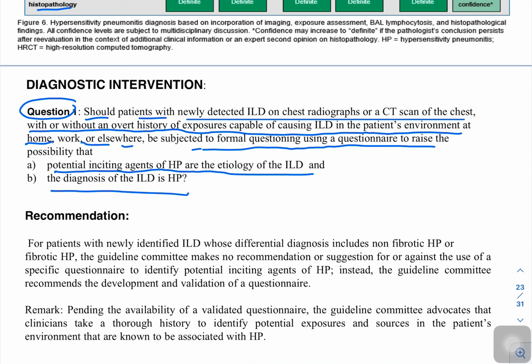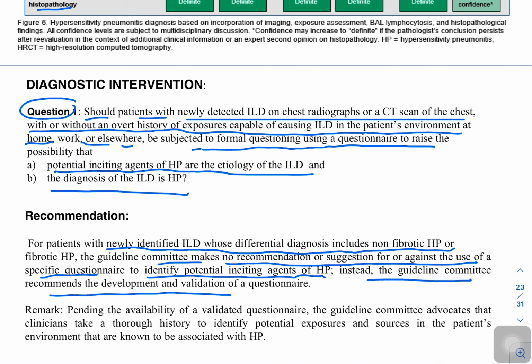So the recommendation is for a patient with newly identified ILD whose differential diagnoses include non-fibrotic or fibrotic HP. The guidelines committee makes no recommendation or suggestion for or against the use of a specific questionnaire to identify potential inciting agents of HP. Instead, the guidelines committee recommends the development and validation of a questionnaire. So in the first question, they are asking whether there is any form of questionnaire available which we can use. In the recommendations, they make no recommendation for any particular questionnaire, but they say that it is needed and we should develop one validated questionnaire so that